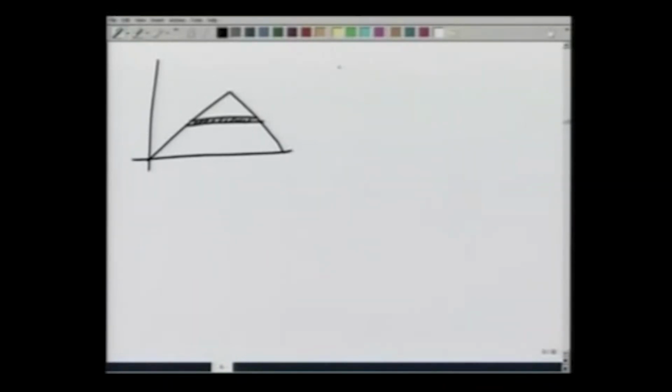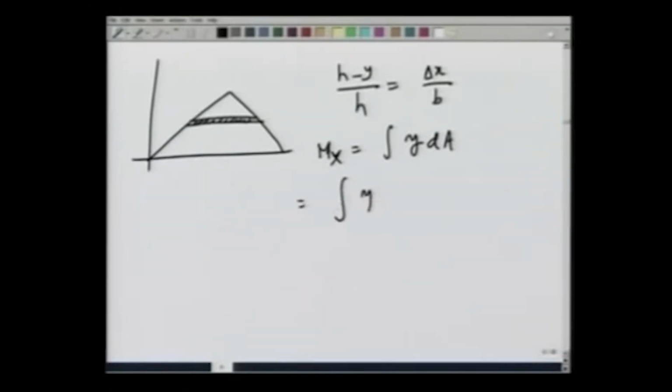We got h minus y divided by h equals delta x divided by b, and m x is going to be equal to integration y dA, which I can then write as y delta x dy, y varying from 0 to total height h, and this comes out to be y delta x is b over h, h minus y dy,